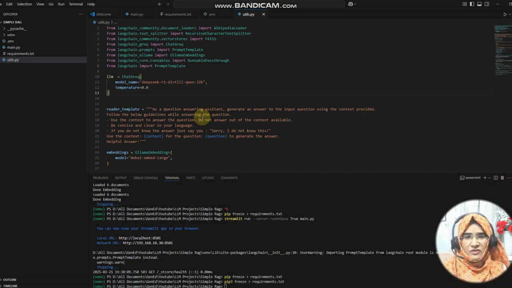Currently we have a Wikipedia page. We are loading that Wikipedia page and saving it into the vector database, right? And then we are just asking the question. What is happening? The chain is creating a prompt, and that prompt goes into the LLM.